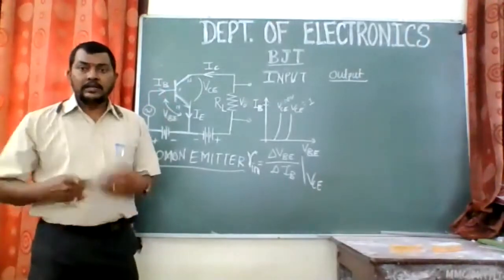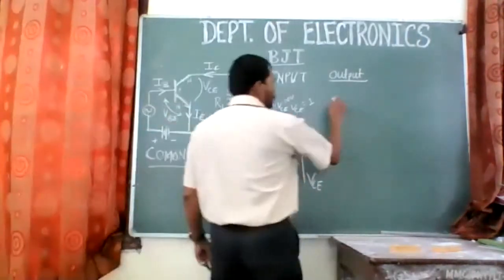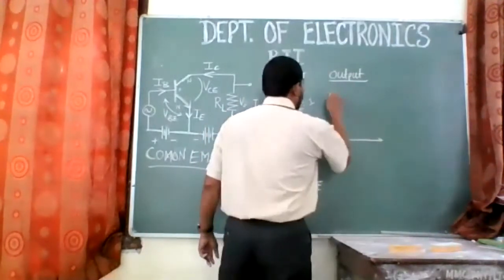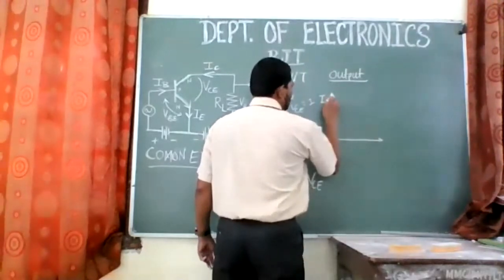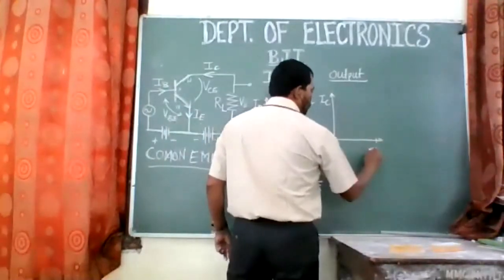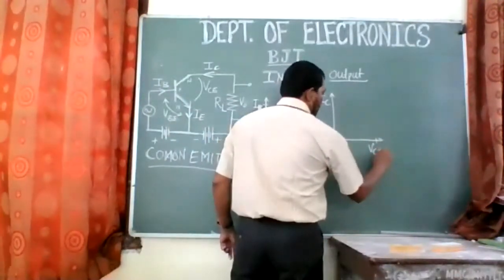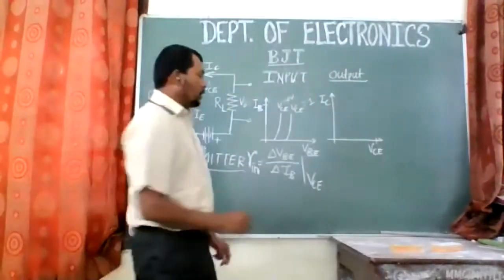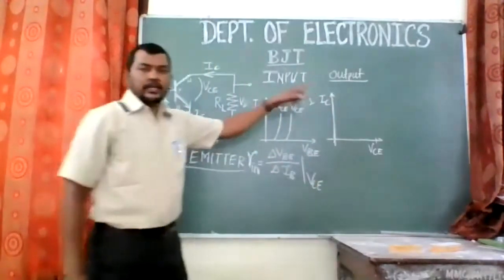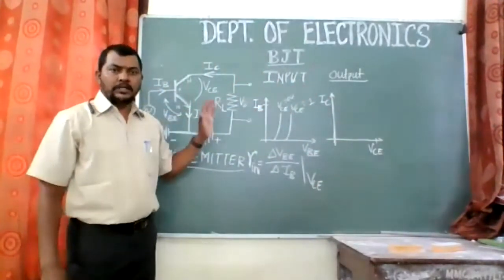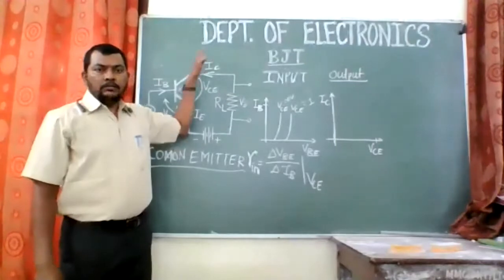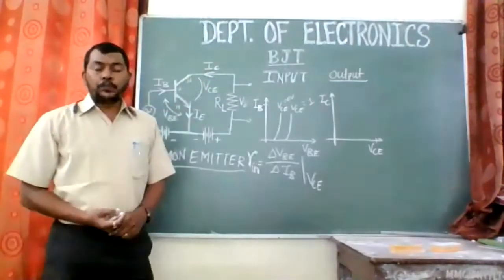Now we'll try to plot that graph again. So that graph will be between the collector current and collector emitter voltage. Here on the y-axis, I am going to take collector current, that is IC. On the x-axis, I am going to take VCE, collector emitter voltage. So we are trying to plot a graph between these two. Again, the output characteristics is the output resistance. So we'll be considering the output current and the output voltage. So VCE by IC will give you the output resistance.